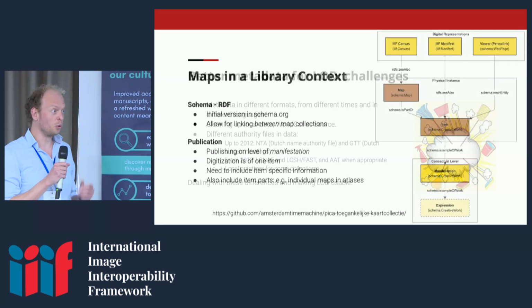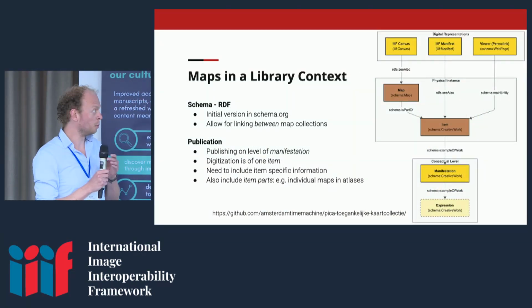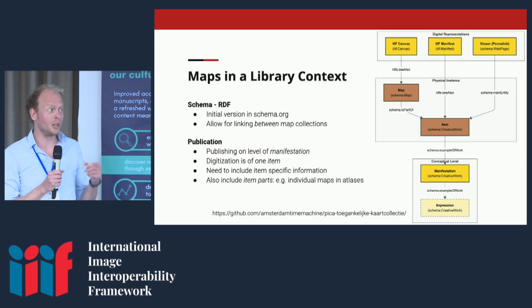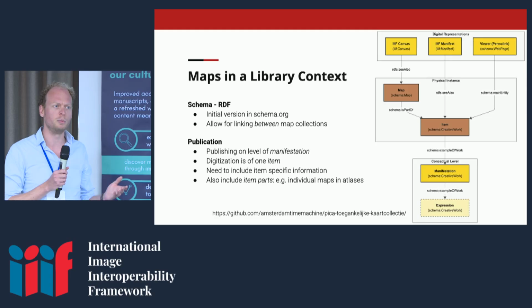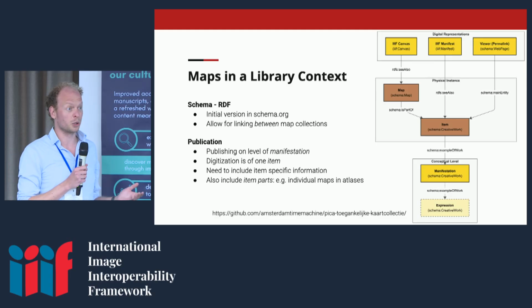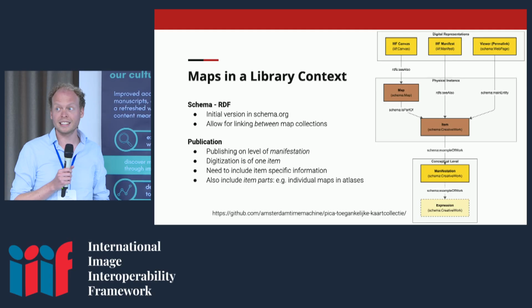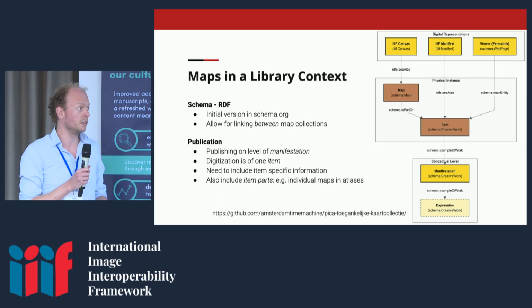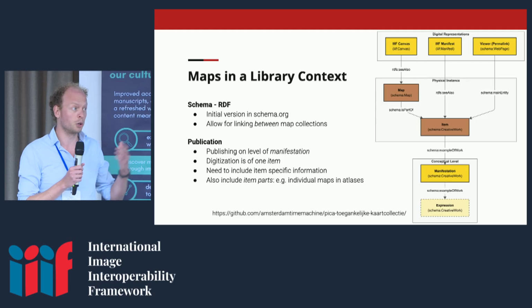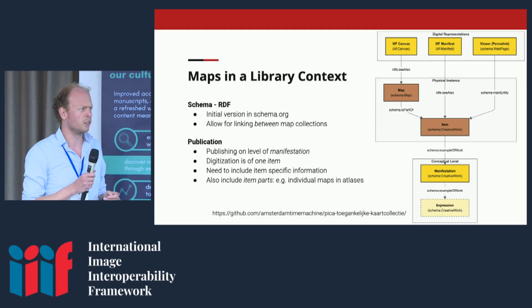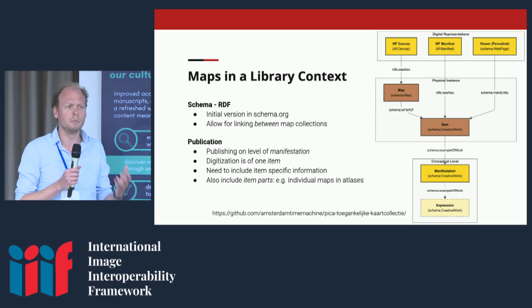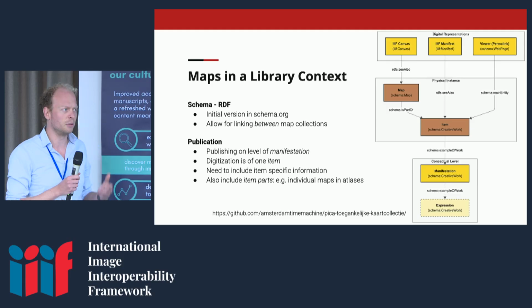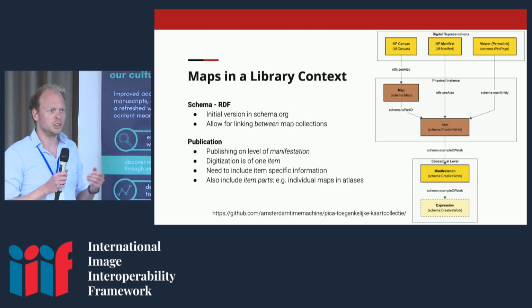We already said that context is key. It's also important for the Amsterdam Time Machine that we can individually address these maps. And currently the library publishes on the manifestation level, or the instance level if you're more into BIBFRAME. That works well for single-sheeted maps, but not for an atlas that can have a couple of hundred maps. So the scheme we came up with, first initially in schema.org, but of course that's not suitable as a domain model to put in all the metadata that we have,